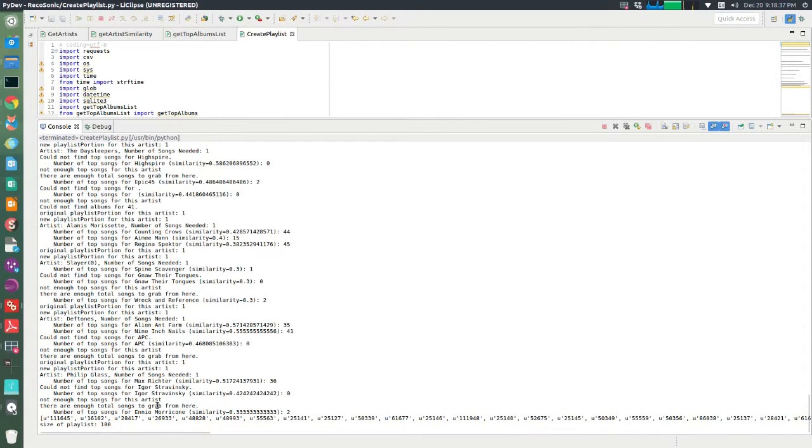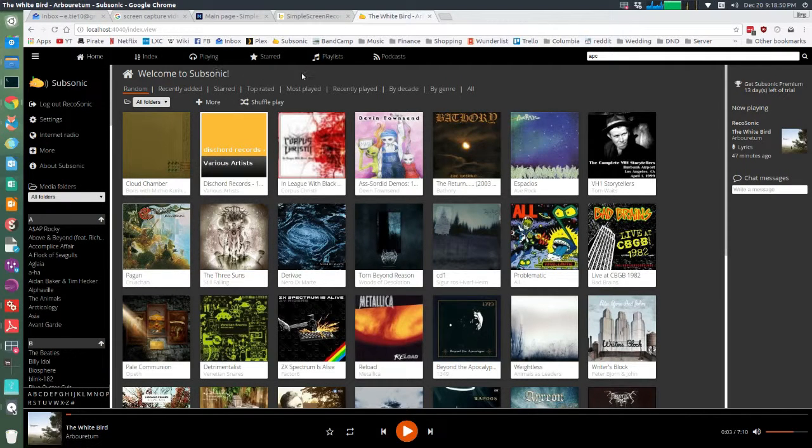And we finally go and we see that printed list of song IDs, and it confirms the size of the playlist, and eventually, when we look in Subsonic